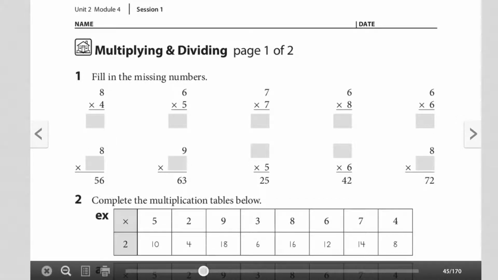We're going to look at homework pages 41 and 42. As we take a look at number 1, we're looking at basic facts, but facts that have a little bit more complex factors. So you'll notice we no longer have our easier ones, and we're getting instead numbers of 6s, 7s, and 8s. The important thing to remember is that we can always use strategies to help us figure